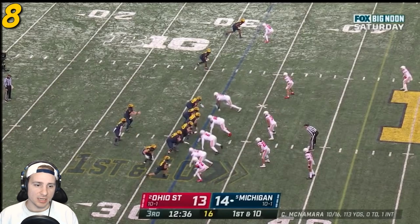So then it's just pretty easy. Just boom, block this guy. He's going to be trying to go to the outside. So block him, get your inside arm free because this is the path that Blake Corum wants to go to, right? And then you're going to have a free release here for Zinter, get to the second level. Cross face here, tough block for Stuber. Really tough block here